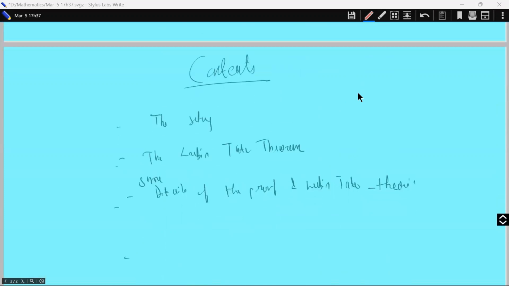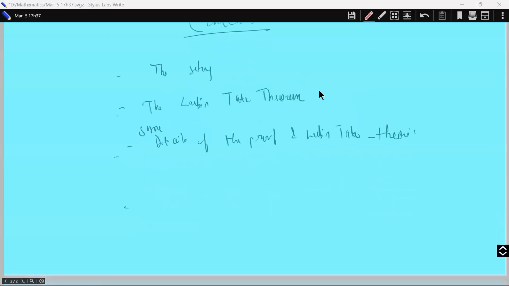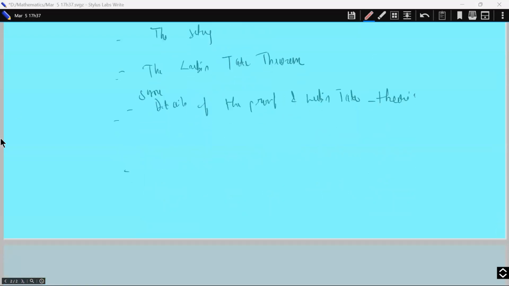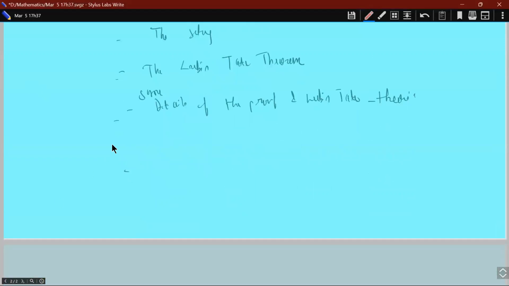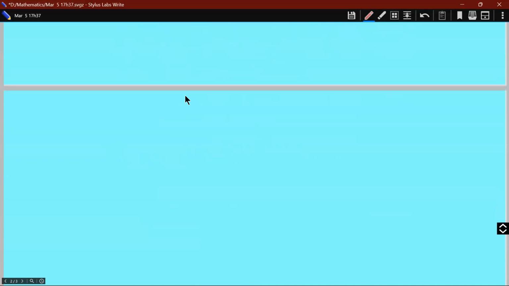So first I'll talk about the basic setup, a few things that we'll introduce, then I'll state the Lubin-Tate theorem, and then some details of the proof. Again, you can download the reference in these notes, and a version of Lily's course notes by Chris. Right, so